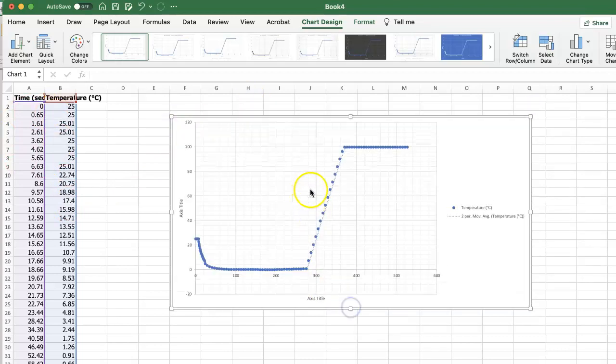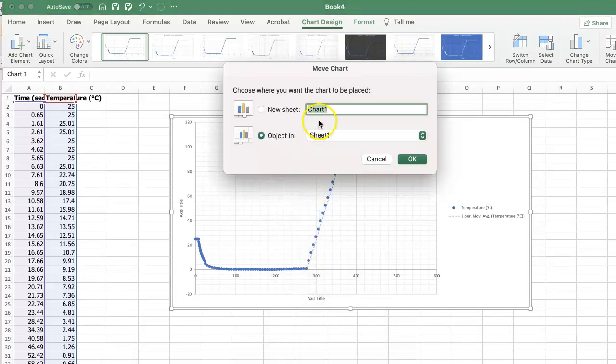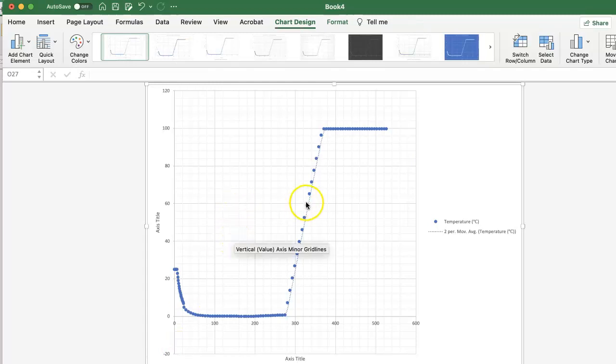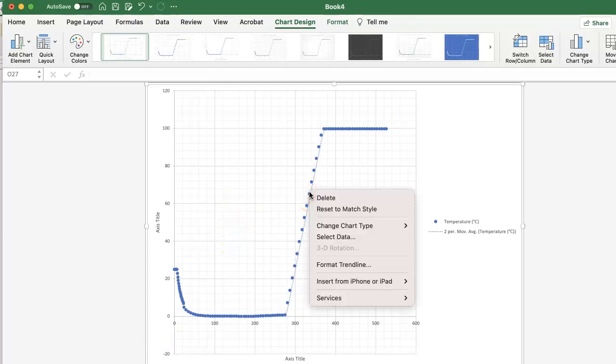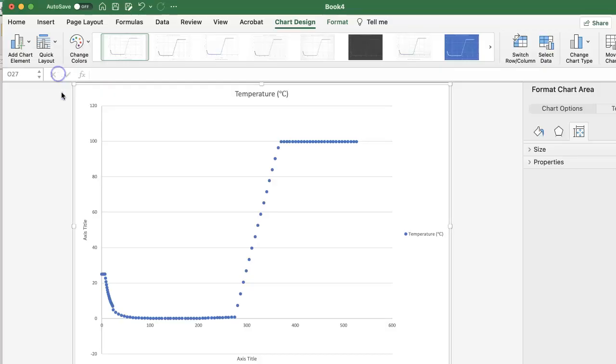You should also send this to another sheet and call it graph, and then you're going to have it in another sheet. Now for format trendline, you're going to use moving average, okay, so that it will fit like this. And of course you're going to choose a time,